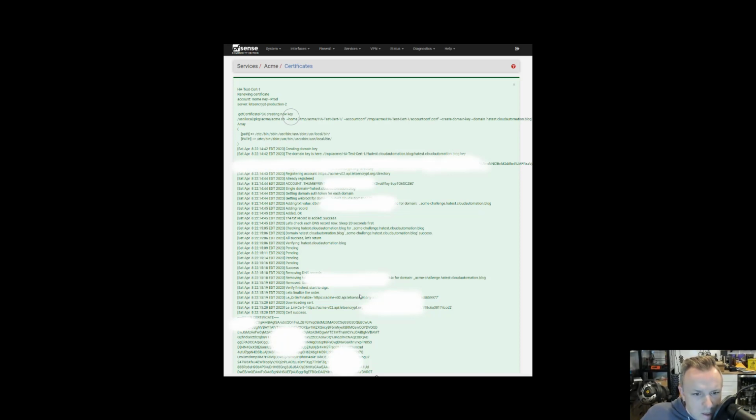So yeah, there's a lot to read here, but essentially right here you can see getting web root domain for hatest.cloudautomation.blog, adding TXT value. So this is that challenge token, ACME challenge hatest TXT record. It adds the record. It then removes the other old DNS records, the old challenge records. It then creates the certificate, and we now have a production Let's Encrypt certificate through ACME. So we should be able to go back to HAProxy,